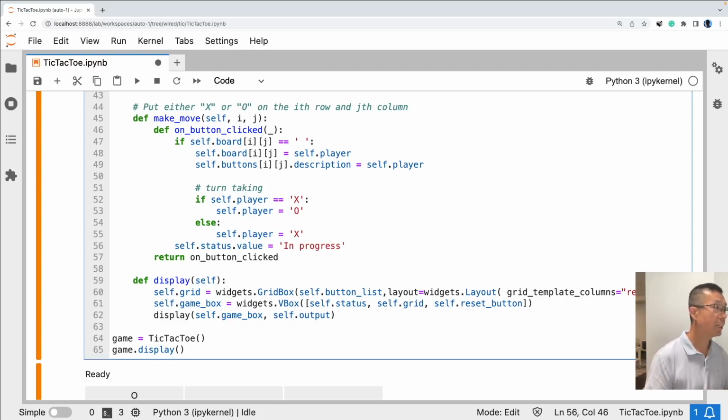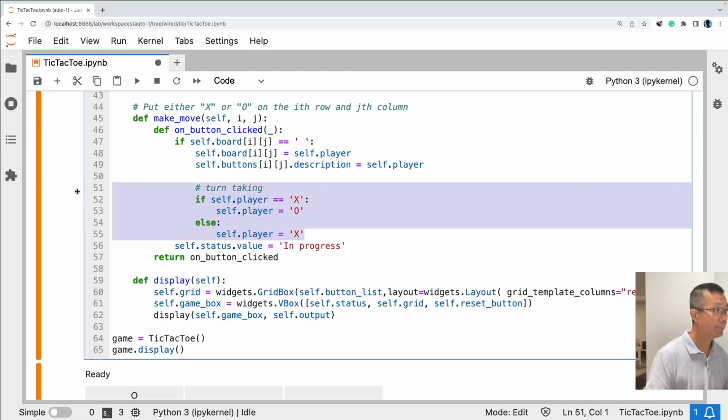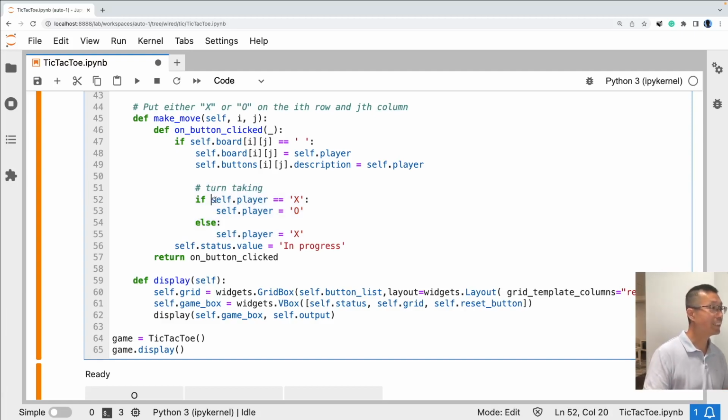So this is one way. Or if you want to be more specific, you can also look at in the end who is playing. This self.player keeps track of whoever is playing, and if you want to be really specific, you can also say in progress